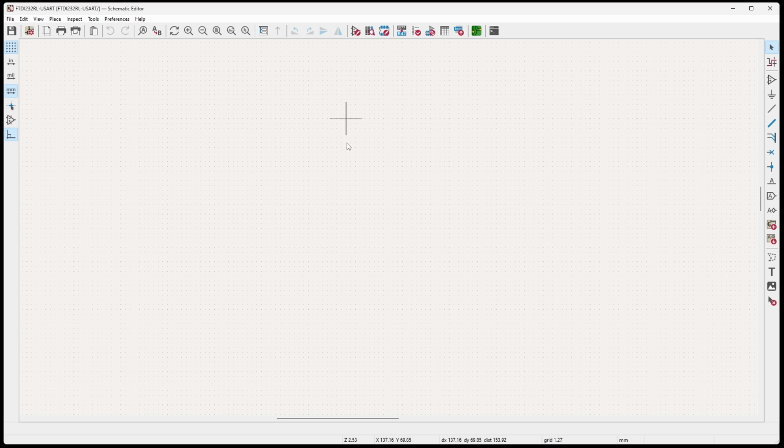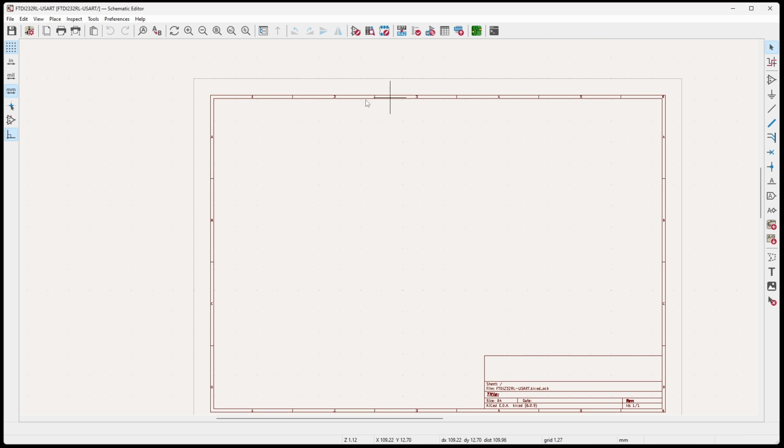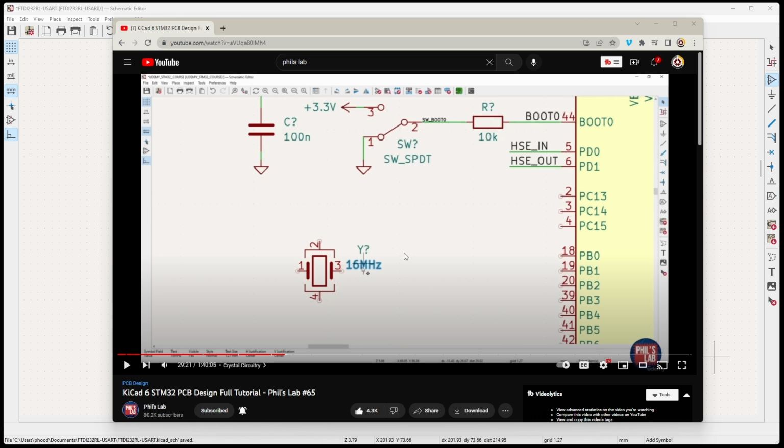Okay, so we have our blank editor here, and you can see that there is a title block and a border and a space for you to apply your schematic. I also want to mention that another excellent resource is Phil's Lab on YouTube. He goes into great depth on KiCAD, overall schematic and circuit design, and PCB layout. And he also goes in depth on proper trace application on the PCB. So make sure to check out his channel, and if you found him through me, make sure that you mention